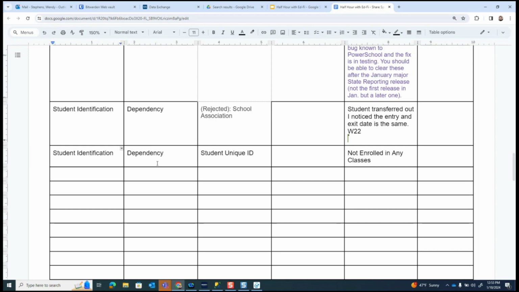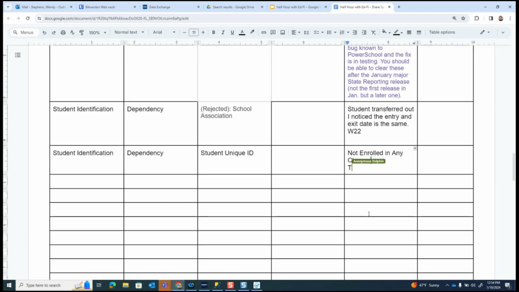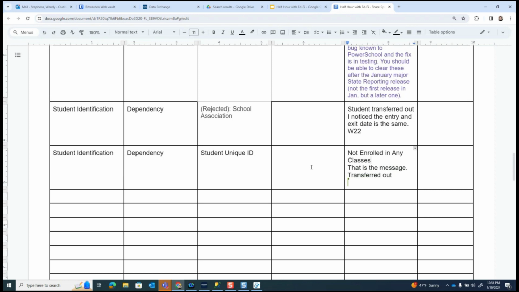Since we are limited in time, we have one thing we wanted to address on troubleshooting. This is good to know that you're seeing this. Any additional information you can share would be great, but we'll regroup. Is anybody else seeing these two? The last one, the student ID identification was not enrolled in any classes. If you can give me a little more information, is that like, are they not supposed to be enrolled? Are they transferred out? Are they always like the names that they give it on these sheets, Anonymous Dolphin? I think we had a hedgehog in here earlier. Okay, not enrolled in any classes. Interesting. Okay, well, transferred out.